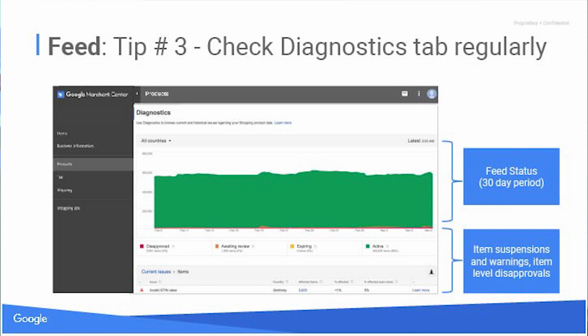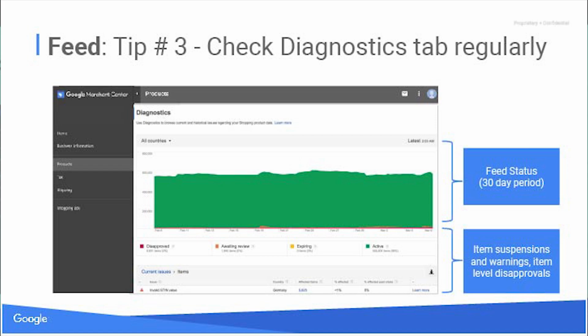So you'll see this graph at the top. It's really a 30-day graph, and you can actually go back to points in time so you can see how your catalog changed. We give you these stats at the bottom so you can see what percentage of the products you've tried to upload are actually active. And for those that aren't active, we give you this big table down below.